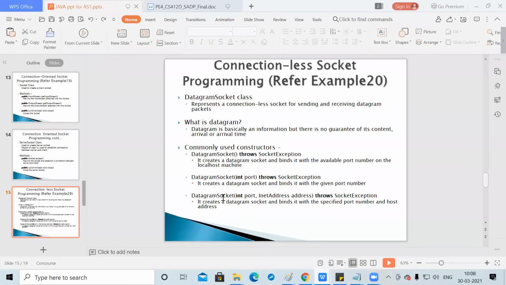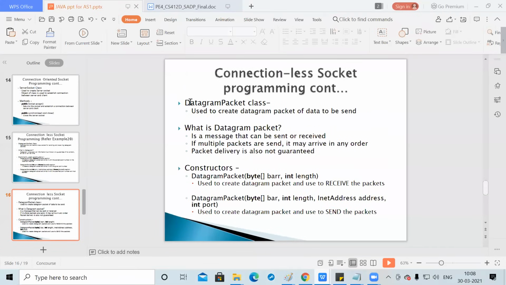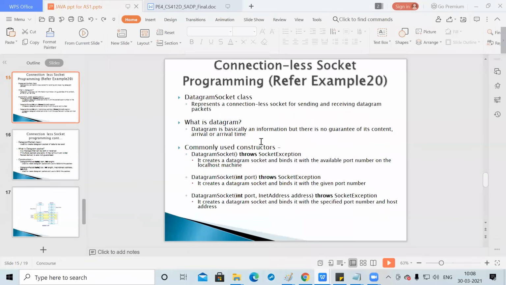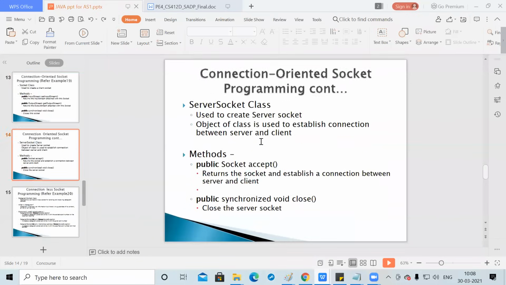The next is DatagramSocket using port and address, throws SocketException. Again there are three constructors that can be used to make the communication. Here the DatagramPacket class is used to create the packet of data to be sent. I think this was already discussed.